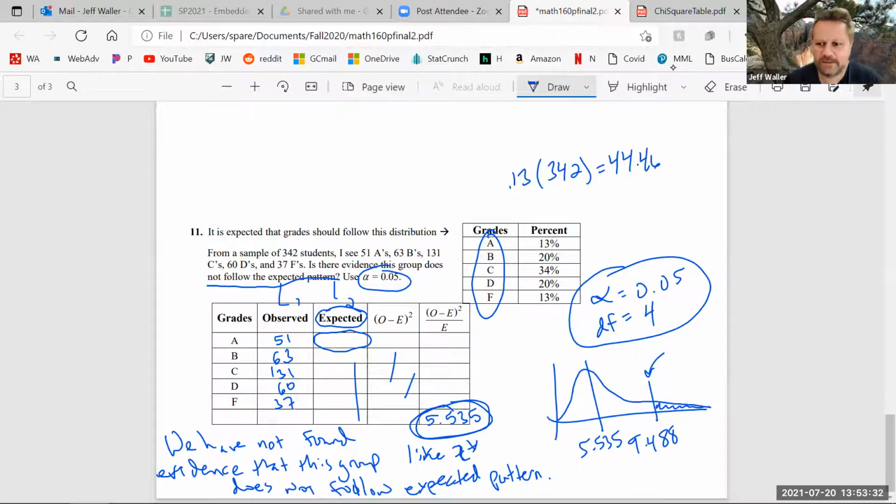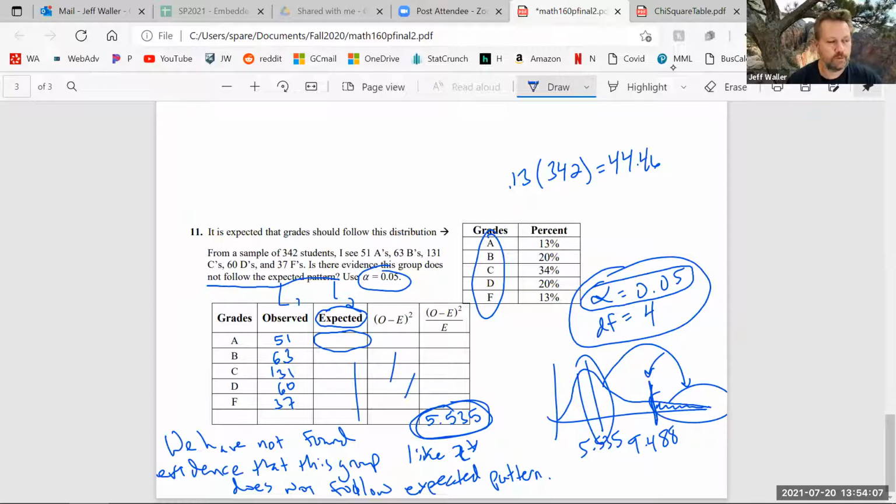Are you guys okay? So to know that we did not find evidence to disprove it, the chi-squared has to be above the alpha value. You're not going to compare chi-square with alpha because chi-square is an amount and alpha is an area. So it's the alpha value that you get from the table, the rejection region. Again, it's just like with normal hypothesis tests, to find evidence, I have to make it in there. We didn't make it in there, so we didn't find evidence.